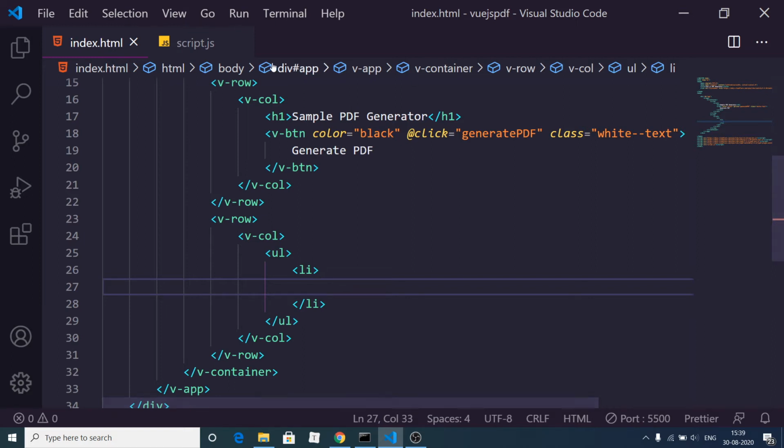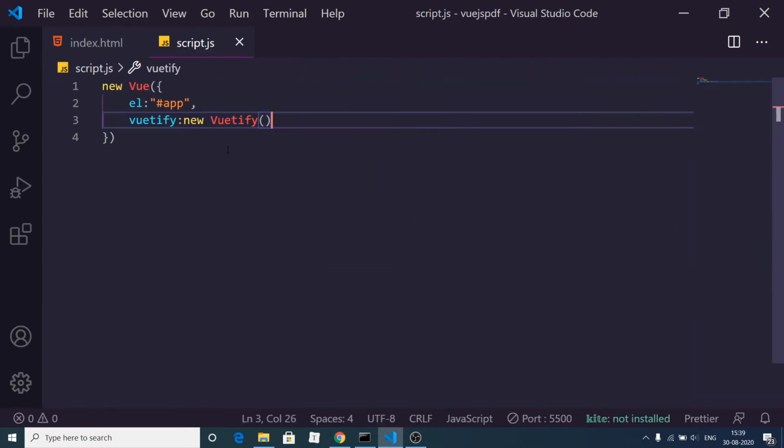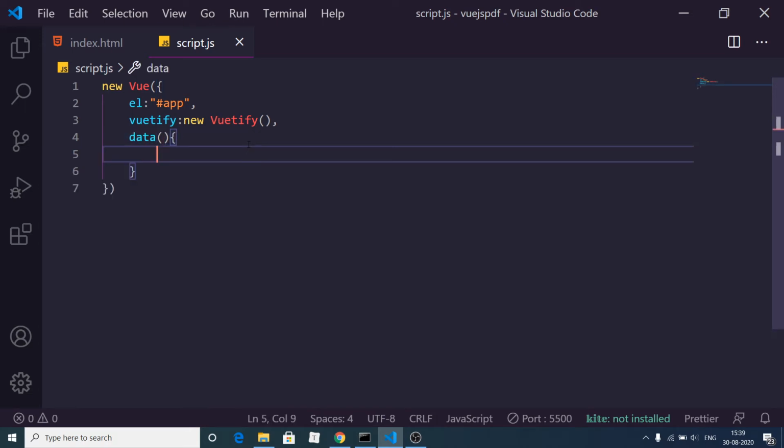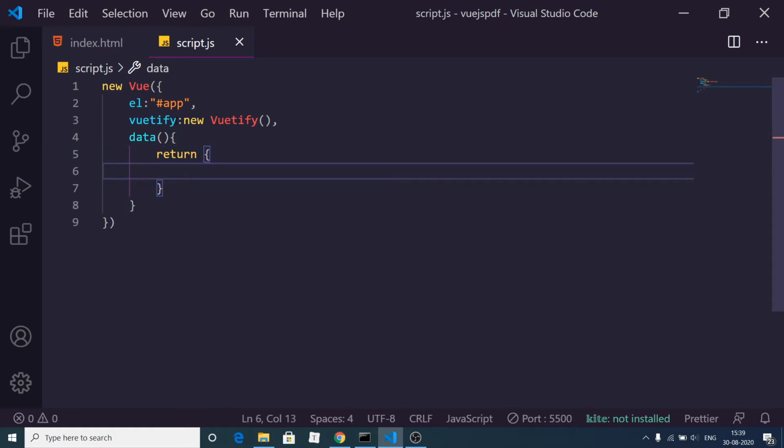so we will declare inside our script.js a data variable here. So just after this takes some data also of our Vue.js application. In this way you can declare it. You can return something here like this. So let's suppose we have to have a heading also for our application. The heading will be simply equal to sample PDF generator. So you can provide dynamic headings also inside Vue.js.